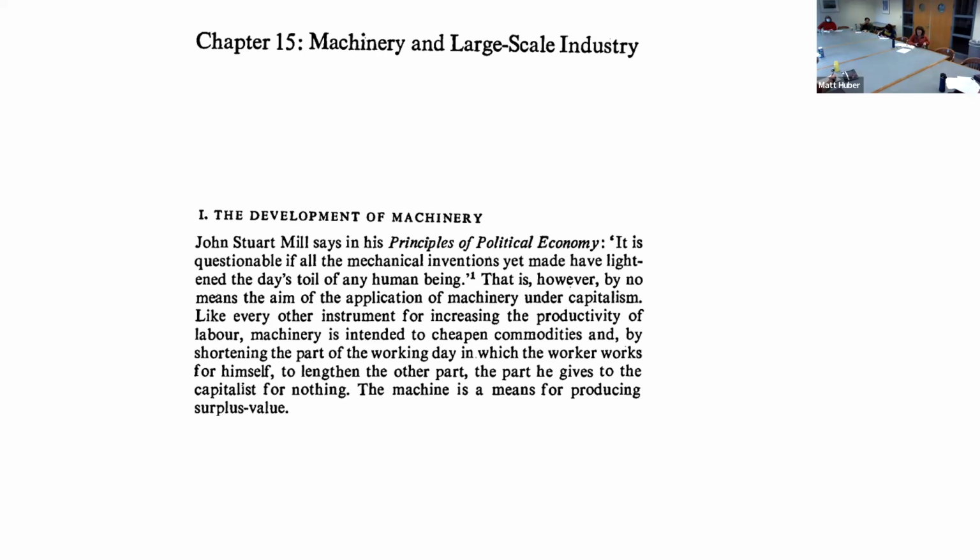But he says right off the bat, that is, however, by no means the aim of the application of machinery under capitalism. Like every other instrument for increasing the productivity of labor, machinery is intended to cheapen commodities, and by shortening the part of the working day in which the worker works for himself, to lengthen the other part that he gives to the capitalist for nothing. The machine is a means of producing surplus value. So before we get into the broader meaning of this,